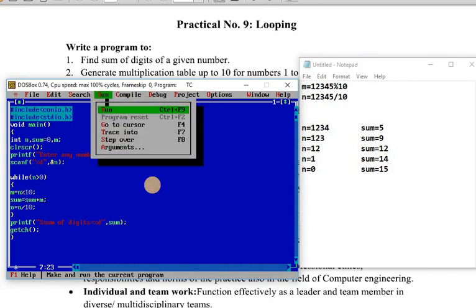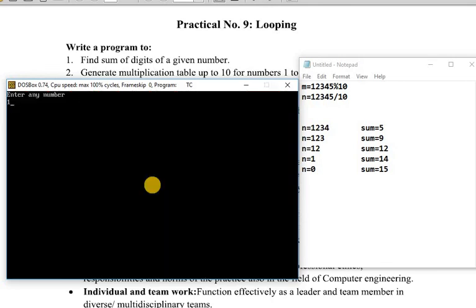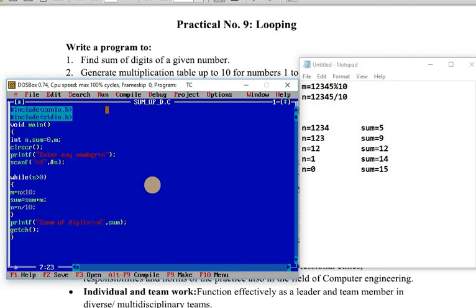and execute this program. So see here, 12345. Now first 5 is stored into the m, then 5 plus 4 plus 3 plus 2 plus 1. The sum of digit is 15. Again we will check for another number. Suppose I have written 6547. Now the addition of these digits is 6 plus 5 is 11, plus 4 is 15, plus 7 is 22. So the sum of digit is 22. So this is the program which is used to find the sum of digits of a given number. Thank you.